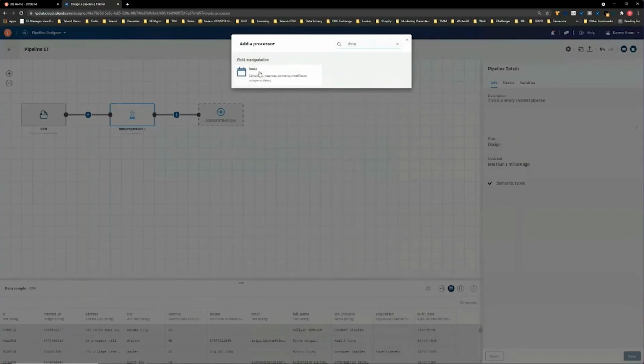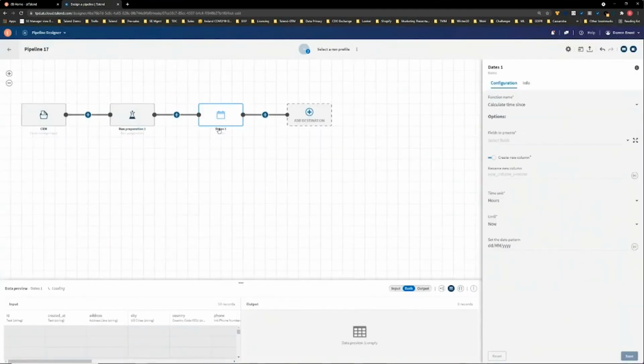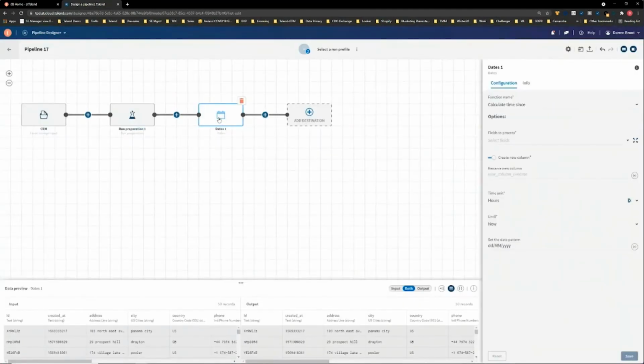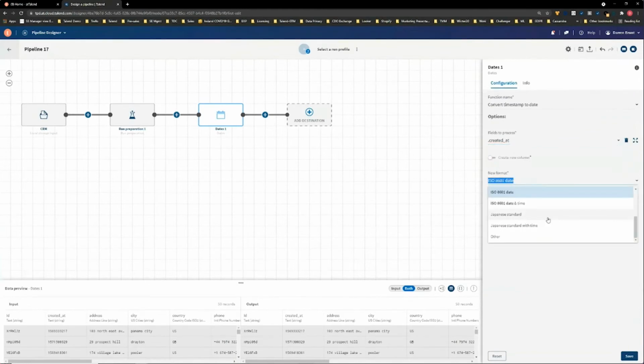So what I'm going to do here is look for a processor that deals with dates. I just literally drag and drop processes here that enable me to drive this pipeline end to end until I decide where I want to push this data. So here, what I want to do is convert a timestamp to a date. It is the created at field that you can see there. And I want to not create a new column, but actually just reformat that column as an ISO 8601 date